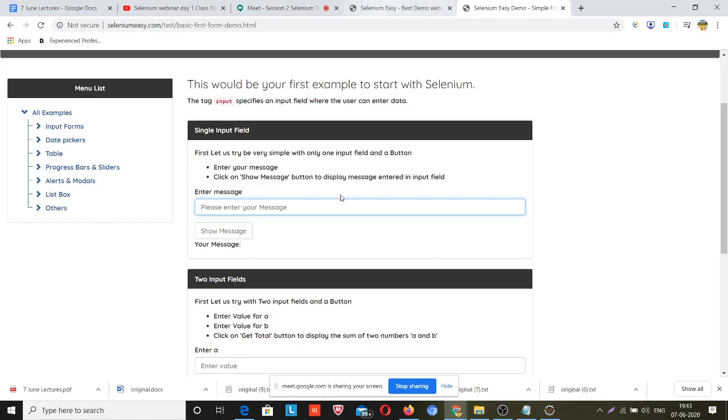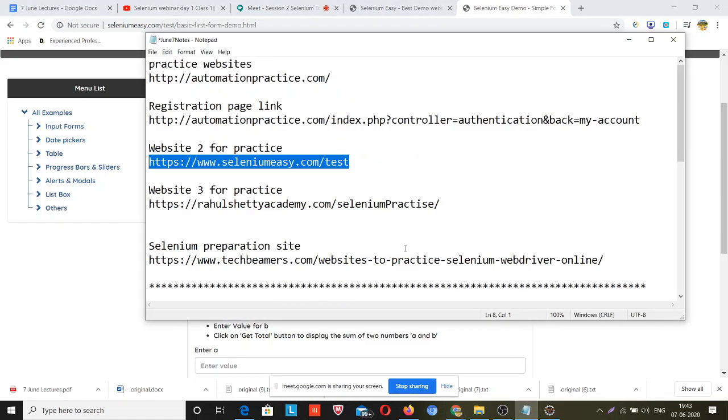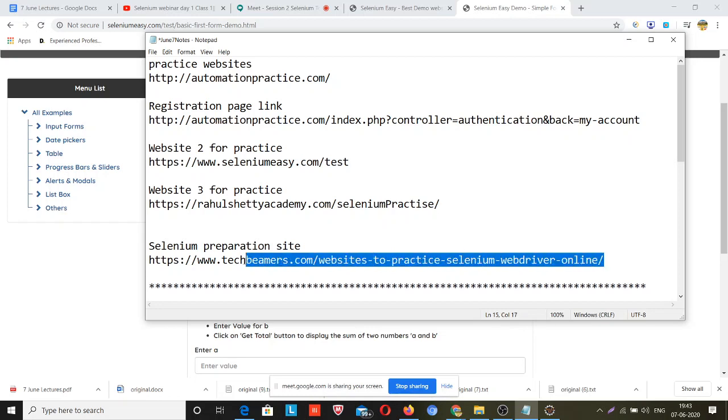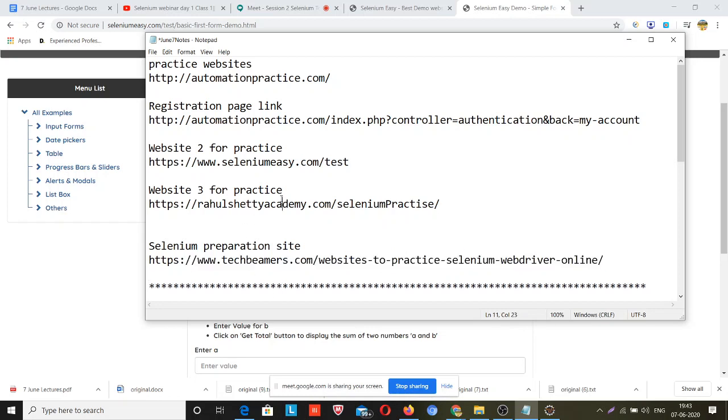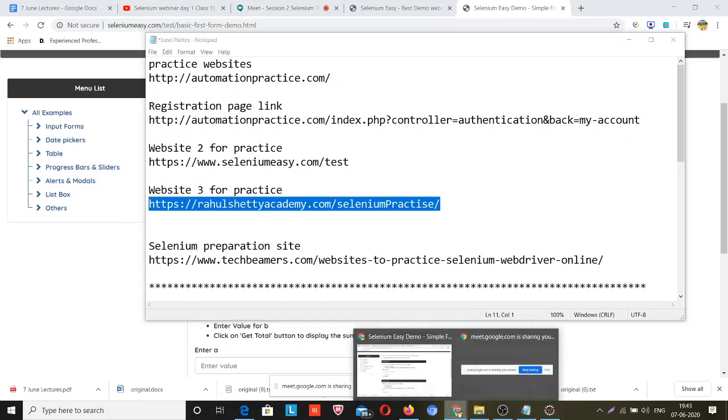So let me show you some other URLs also, so that from today we can start. One more website is, someone has created this website.